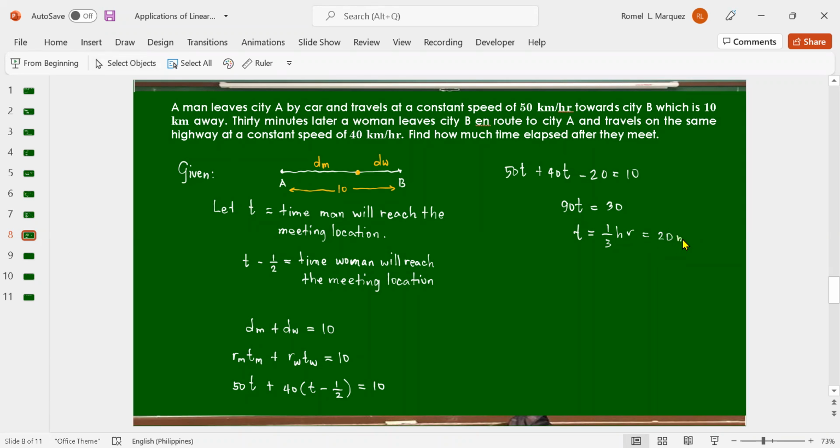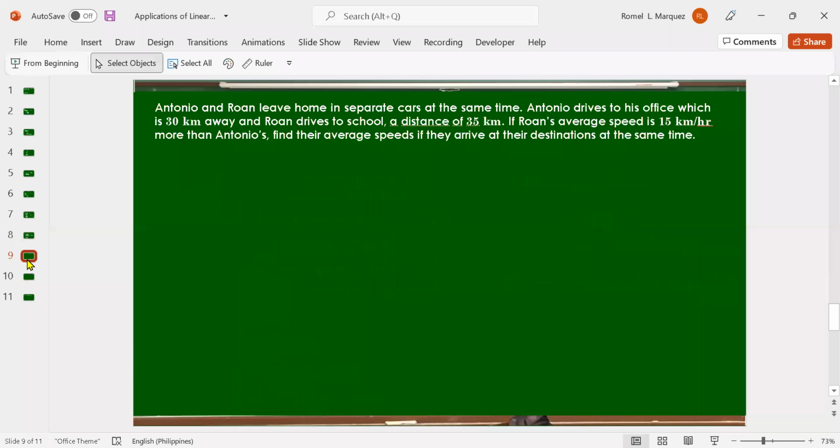Ang maganda lang dito, diretso na ng time. Therefore, they will meet in what? In 20 minutes. Okay. Any question, children? Okay, kung wala,